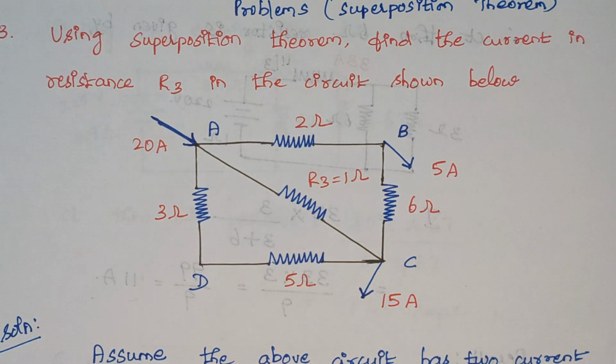So when can we use superposition theorem? We can use superposition theorem only when we have more than one source. At minimum, the circuit should consist of two sources. Then only we can make use of this theorem. So here what we are going to do is,